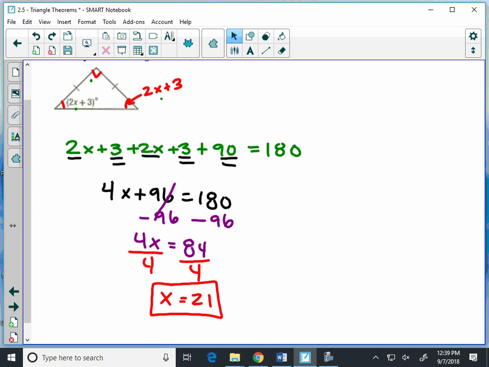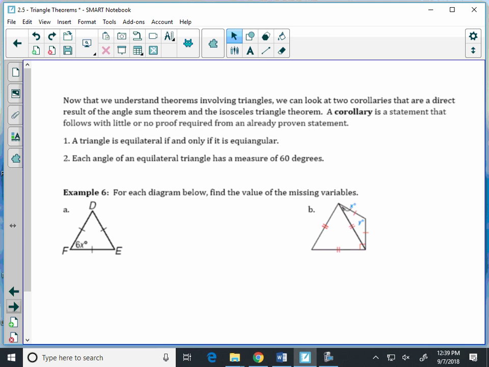Just be aware of that. Sometimes you need to know the isosceles triangle theorem and then use the angle sum theorem in here. But two things in one. Okay? Because we know the angle sum theorem and now we know the isosceles triangle theorem,